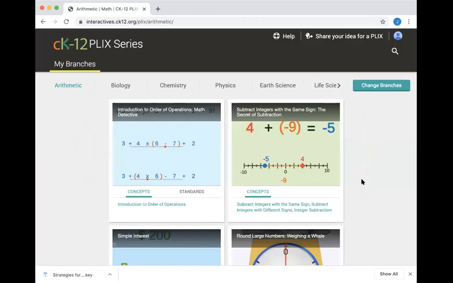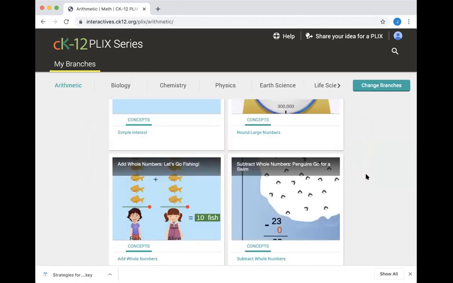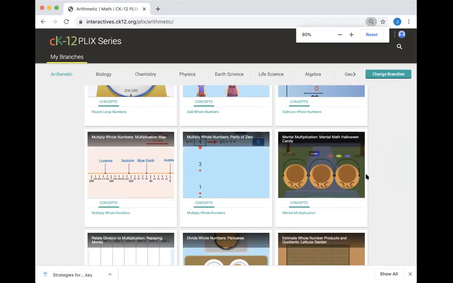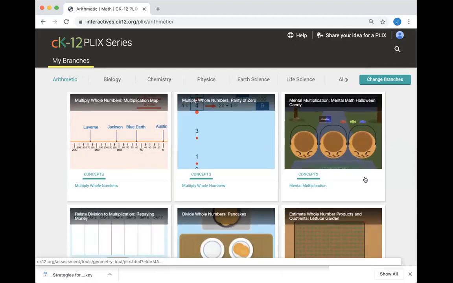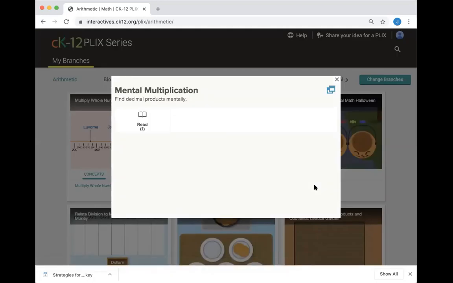And then here you can see we have all the different PLIX, and I'm actually kind of zoomed in a lot here, but this is where you have different PLIX. So an example of think, pair, share that you might want to encourage your students to do is